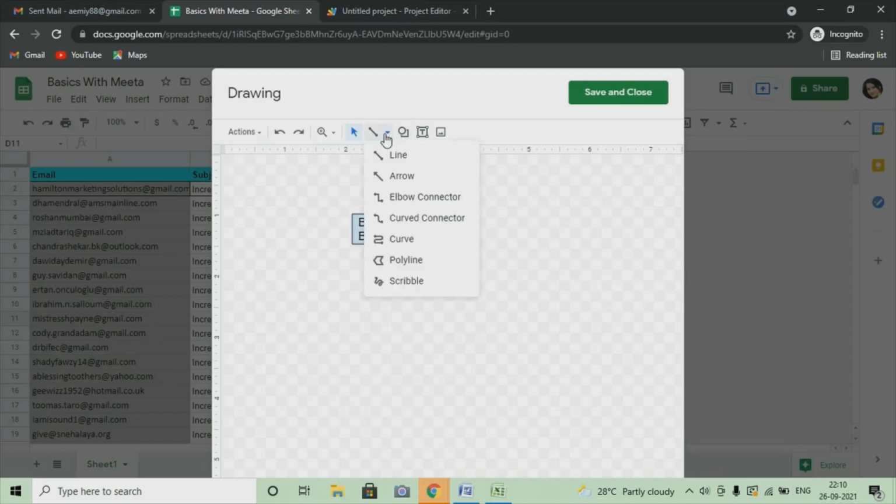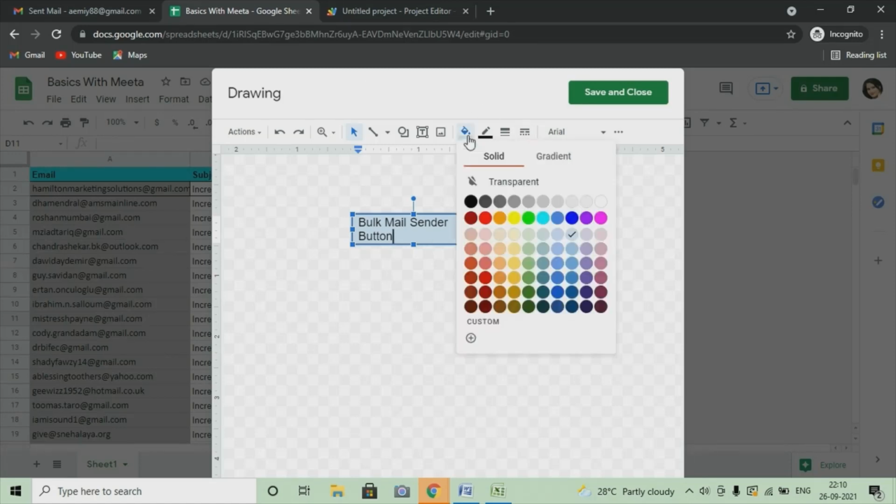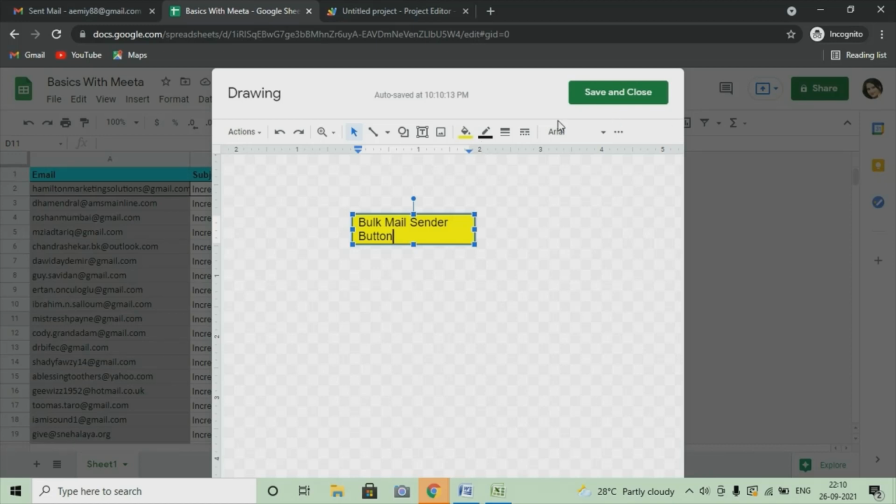So here you can see that we are getting the options. Now I'll take a color and let me bold it a little bit. Now you can see that it's bold now.